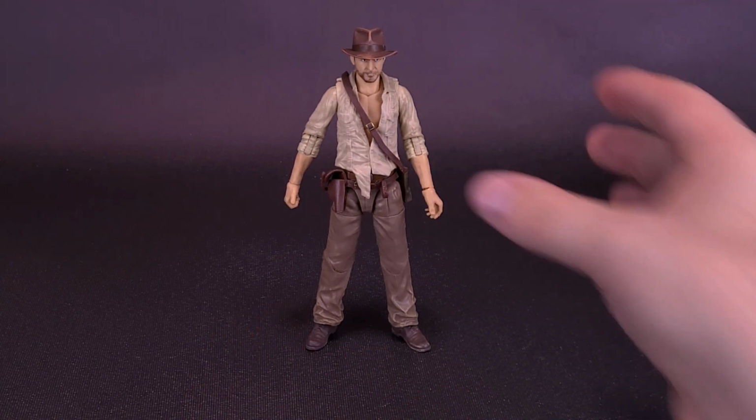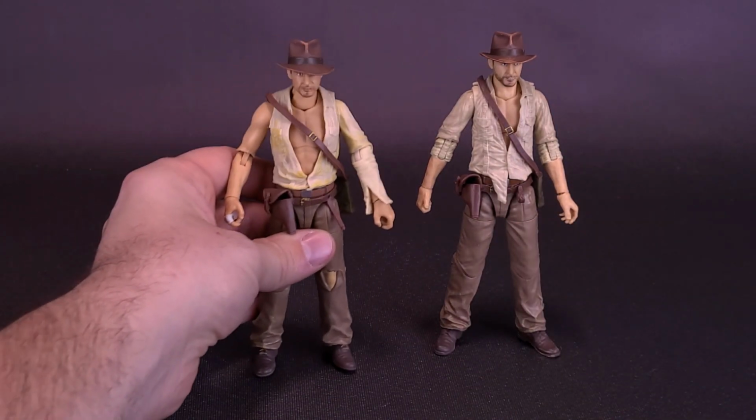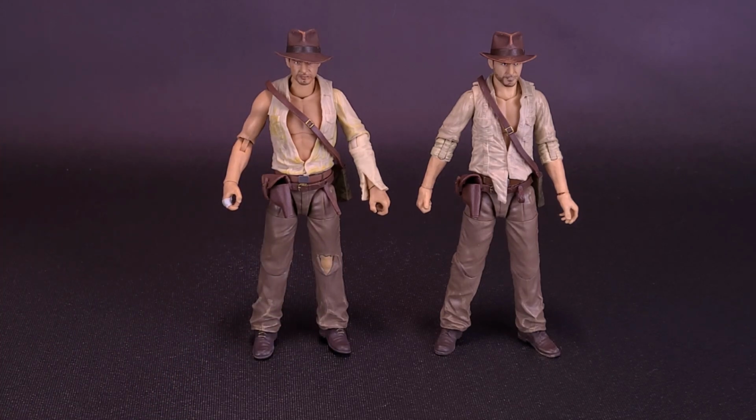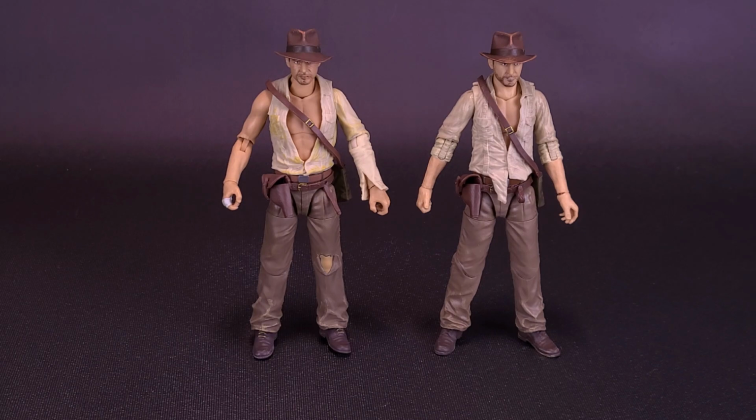Bearing a very similar likeness, in fact, sliding over the Indiana Jones from Raiders of the Lost Ark and bringing in the Indiana Jones from Temple of Doom, you can see there's a lot of very similar elements shared between the two figures. Molds, though, they would have had to tool things differently. Of course, the one from Cairo from Raiders of the Lost Ark has rolled up sleeves. The one from Temple of Doom, though, does have a ripped sleeve on one side and a completely torn off sleeve